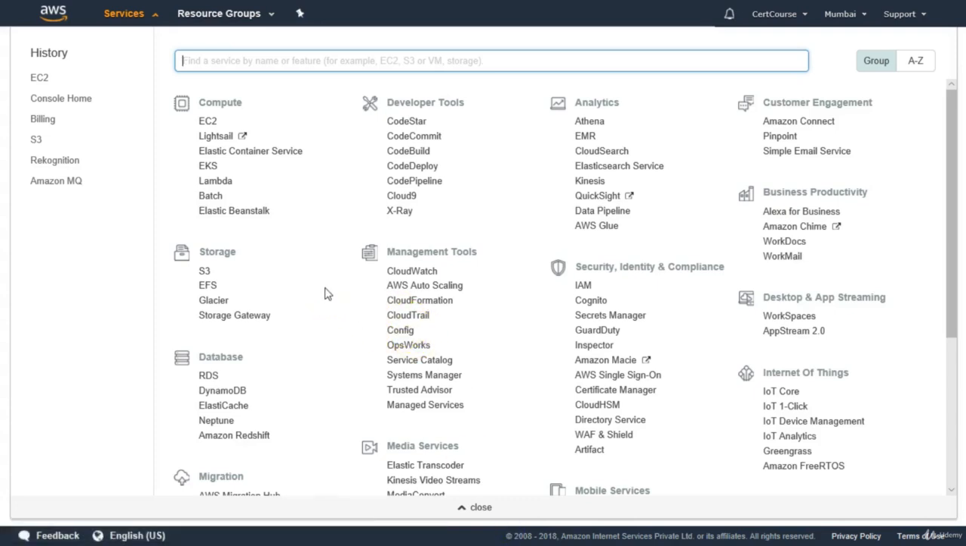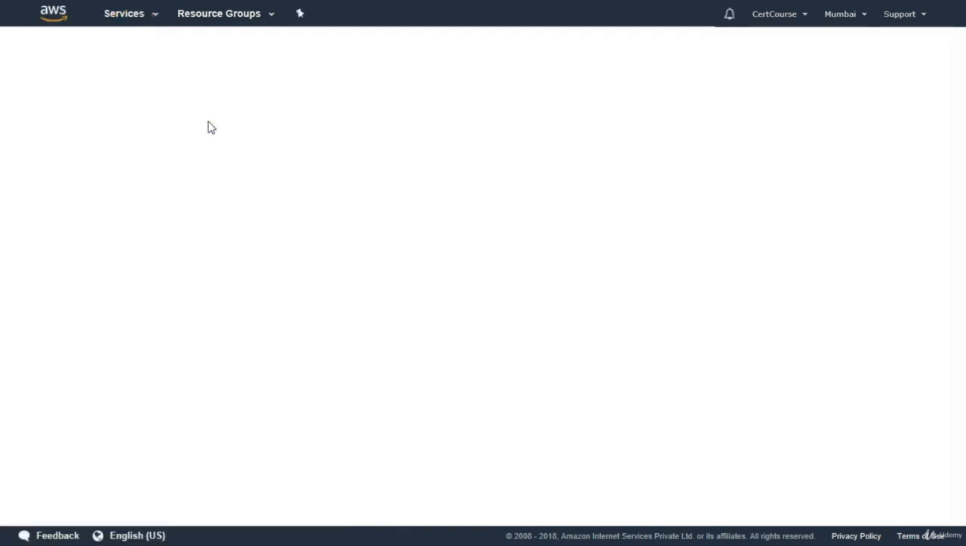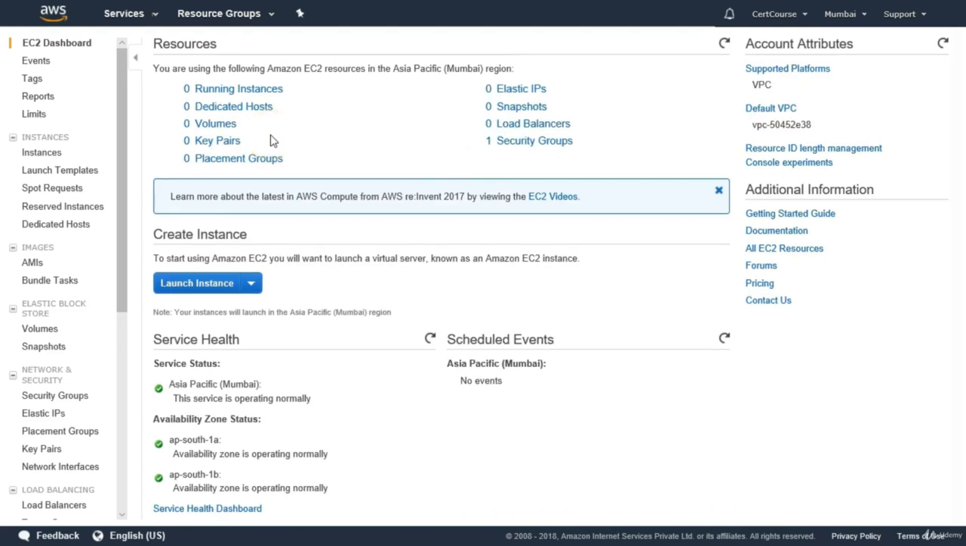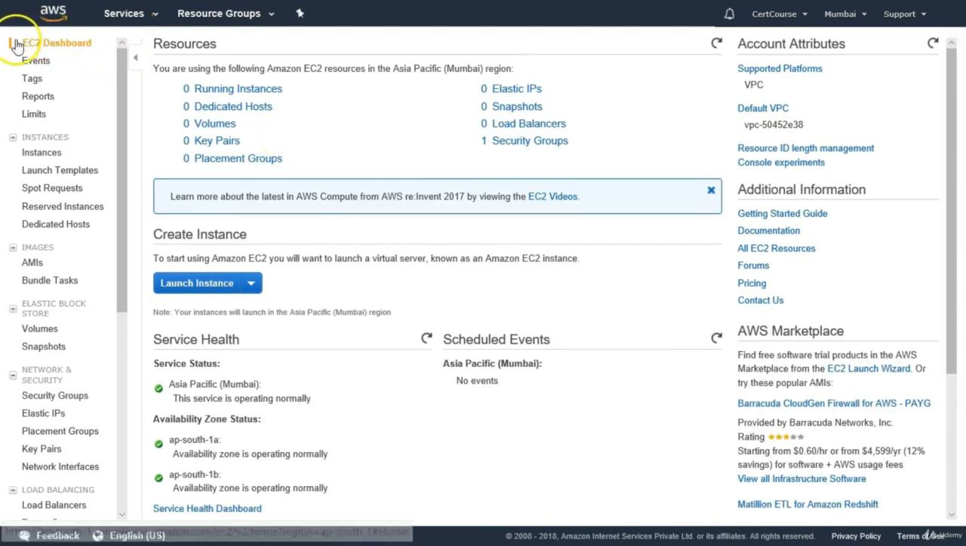So here we are. I have logged into my AWS console and I'm currently under the services menu. As our aim is to launch an EC2 instance, I will click EC2, which is under compute. So I have landed over here on my EC2 dashboard,